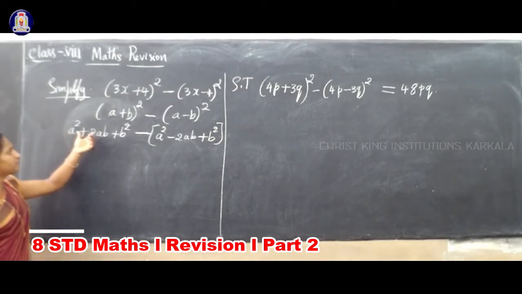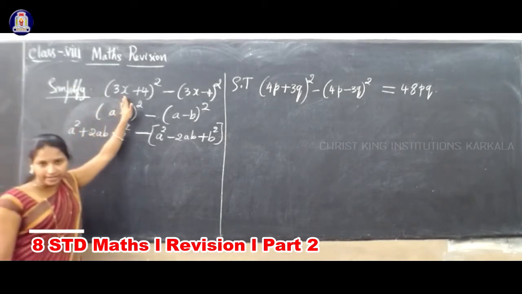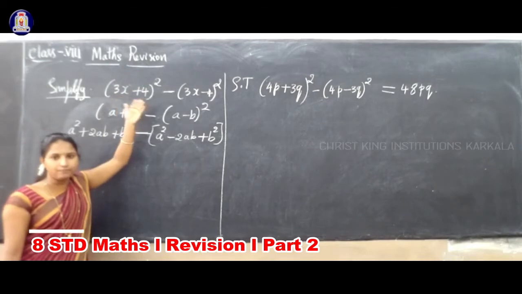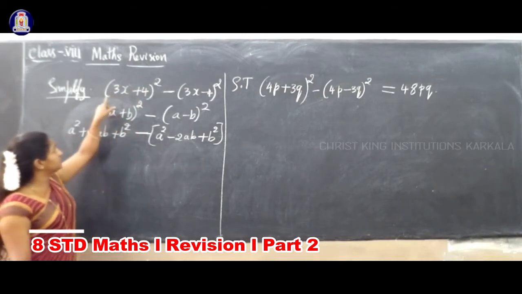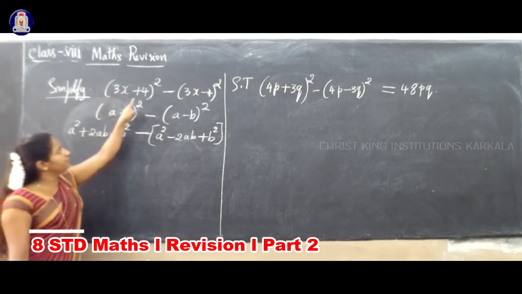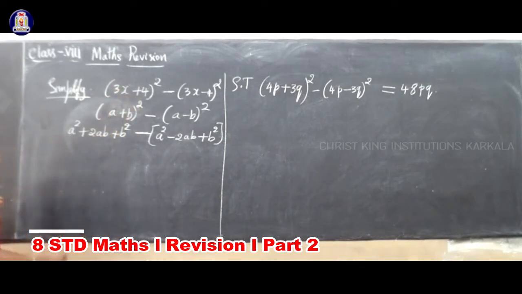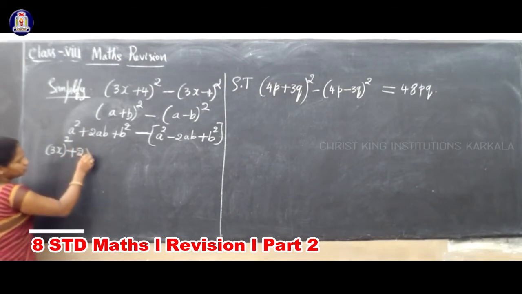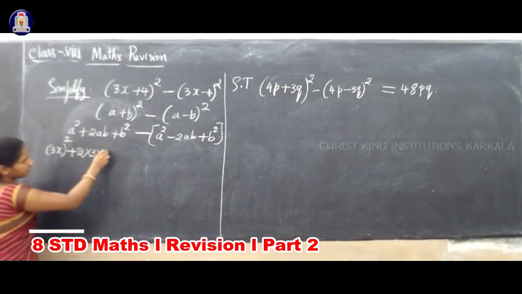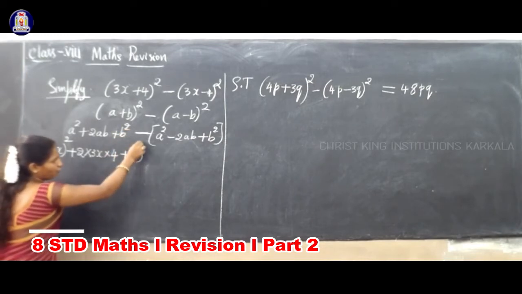Now see a square plus 2ab plus b square. We must use this formula and simplify (3x + 4) whole square. In this, in a place you can see 3x. So what is a? A is 3x. Clear? So what is b? B is 4. A is 3x and b is 4. Now substitute in the formula. So a means (3x) the whole square, plus 2 into what is a? A is 3x. What is b? B is 4. So now b square is 4 square.